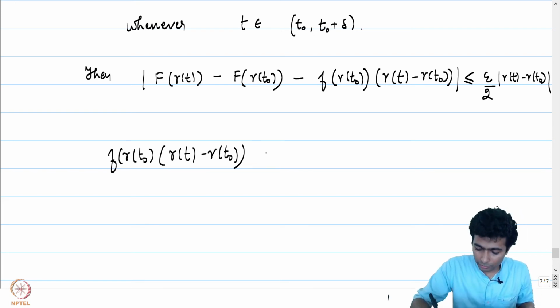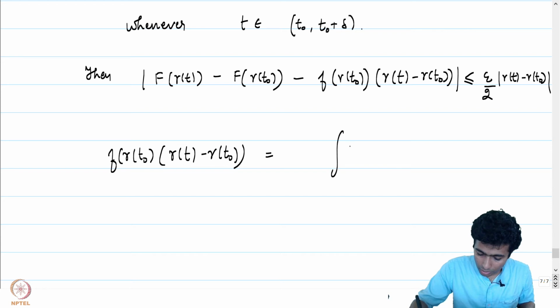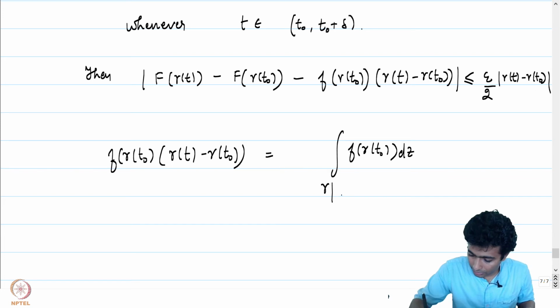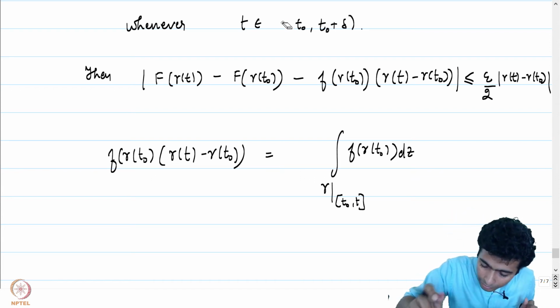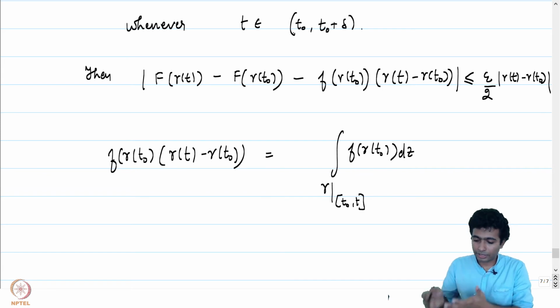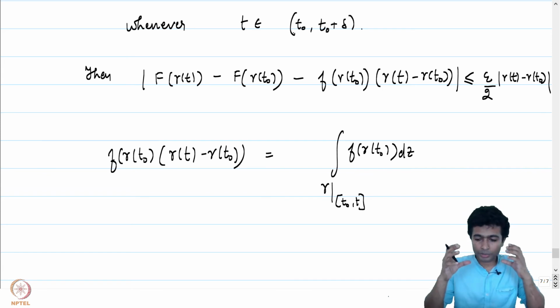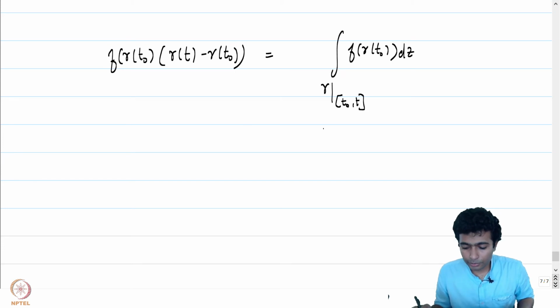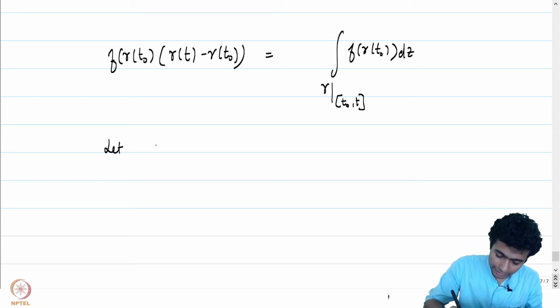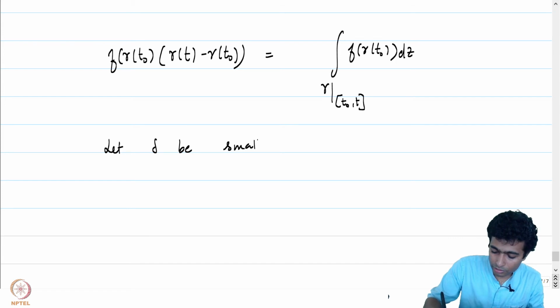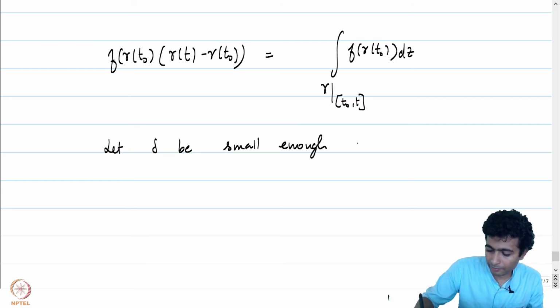This is exactly equal to the integral of f of gamma of t naught dz, where the integral is restricted to t naught comma t. Remember that t is greater than this. Let me remind you that t is an element in the open interval t naught to t naught plus delta. Let us now use the uniform continuity of f composed with gamma to pick delta sufficiently small. Let delta be small enough. If it is not small enough, make it smaller so that